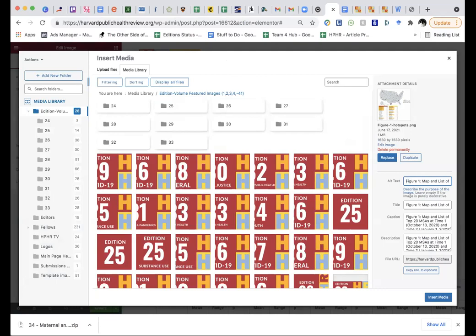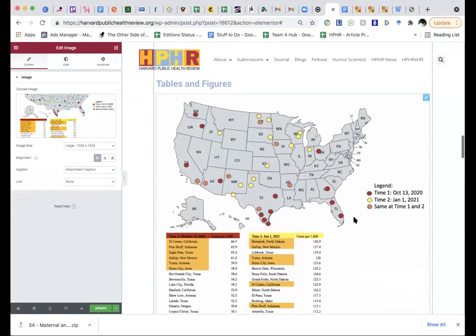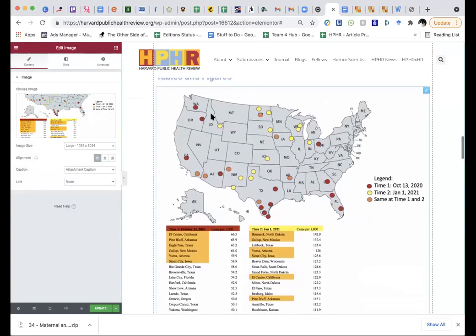You'll notice that this one has the name of the figure as its name in the alt text, the title, the caption, and the description. So you would do the same thing. And then you would hit insert media, and there you would have your table and figure.